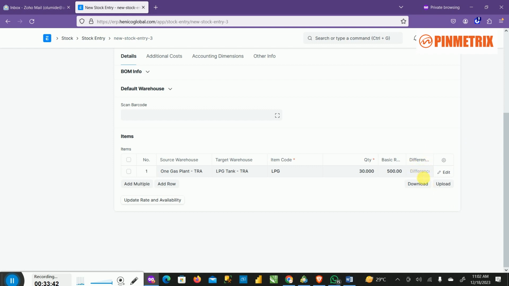But for differences, this is supposed to hold the difference. So if you have any difference in the account, where should it go to? So this is more like your variance ledger account. So where should it go to? In this situation, you can decide that you want to still pick the same account here, so that you have